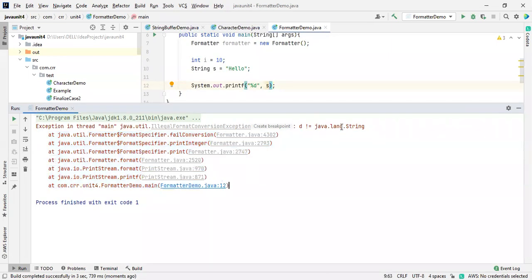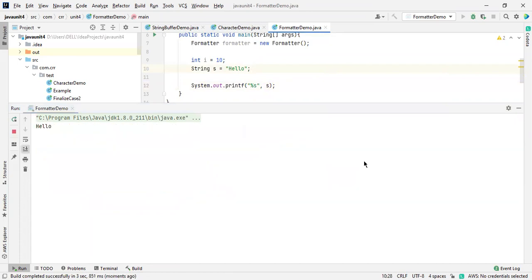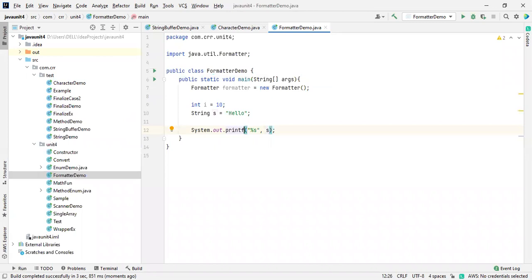See this one, java.lang.String. You mentioned a string over here and you are just using integer formatting. You should not use integer formatting; I should use an %s. You should follow the format rules. This is all about the formatting. You got the point properly. See this one, hello has been printed. So this is the format, which we call a format. The printf statement is also available in Java.